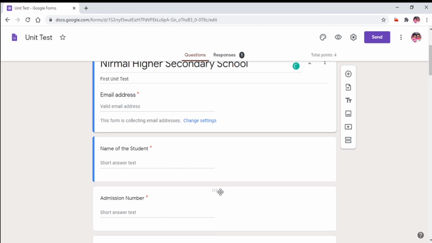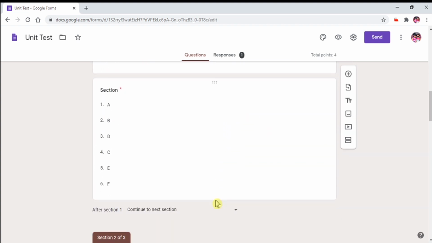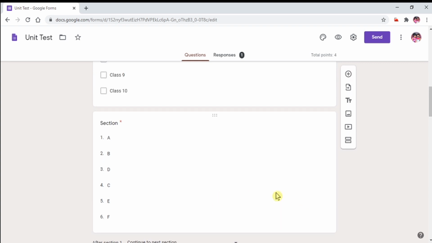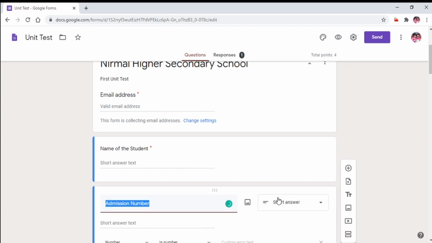Suppose you feel that the questions you have created should be rearranged. For that also there is an option. Each question is created in a box, and in the center part there is an area with six dots in an array.